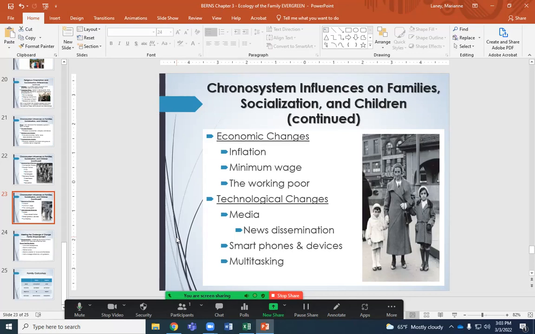Chrono system influence, how about technology on families? Holy cow. I like to think of this long relationship with technology. My mother-in-law, this might be prior to the time of those pictures, but she was the first family on the house to have a television. And now she's got an iPhone 12 in her hands.